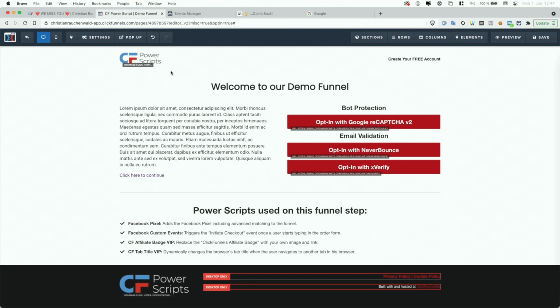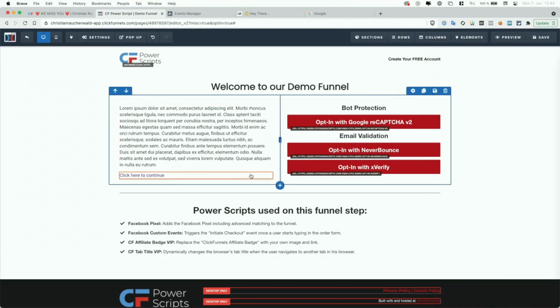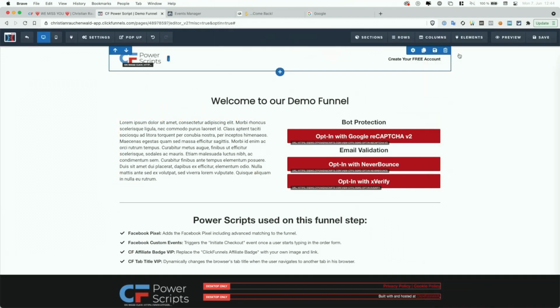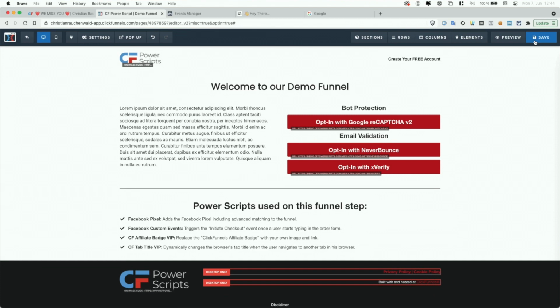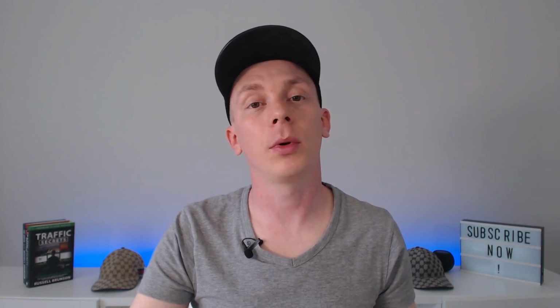Now I'm going to remove the link that we added here from this page real quick and save the changes before we move on to more advanced features that this Power Script offers. Now the next possible use case would be, for example, if you think about an opt-in page or an application